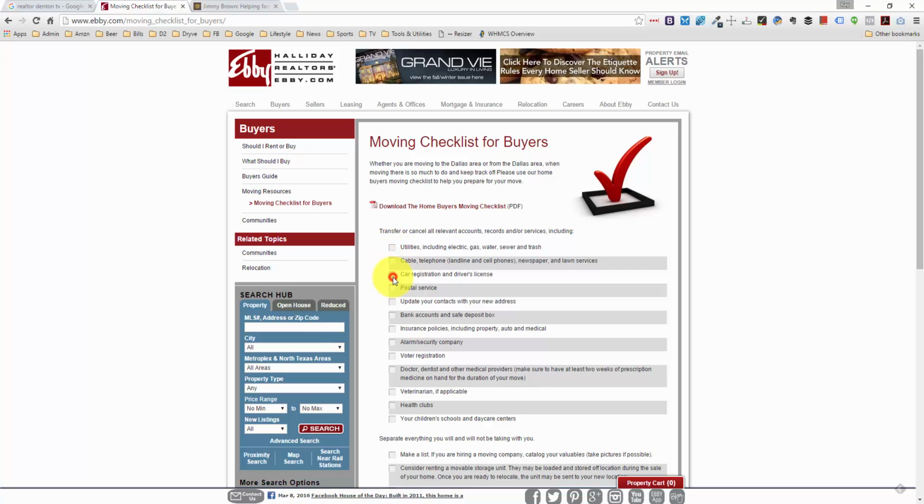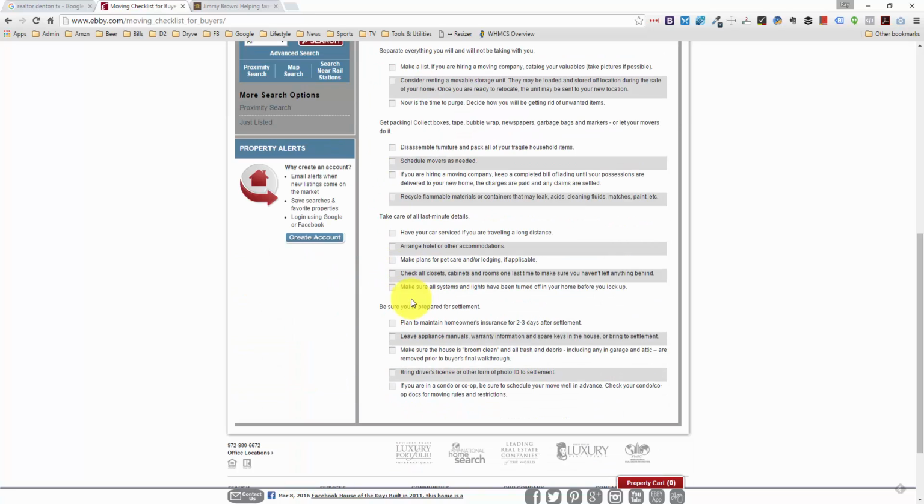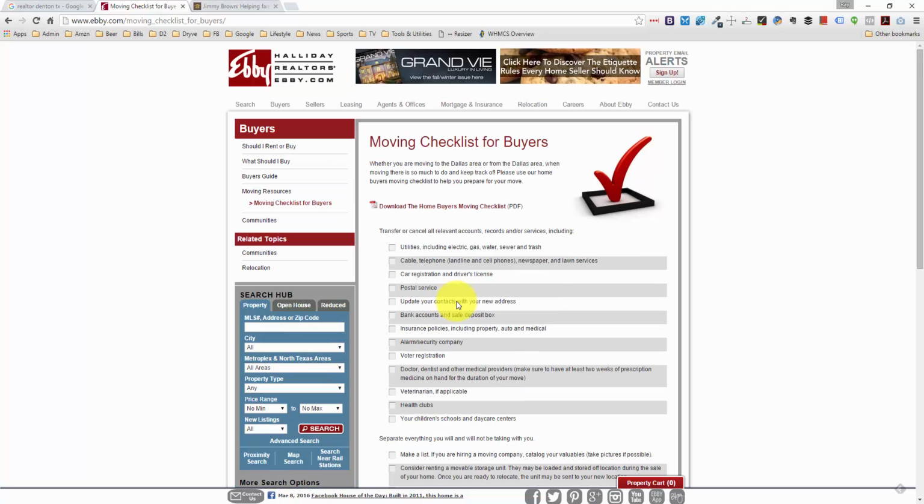And I like the way this is laid out. I thought these might be actual check boxes, but still, the layout of this page is very nice. I like how they alternate the background with white and gray so you can see the individual lines. And you can also download this as a PDF. This is a good